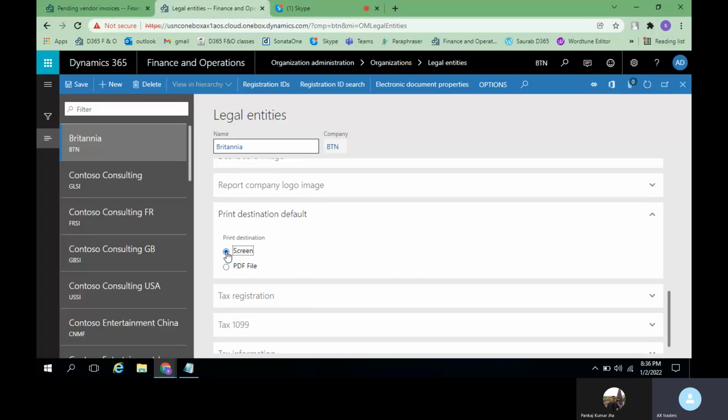If you select screen, those details will be shown on the screen. If you select PDF, by default it will get converted into a PDF file.